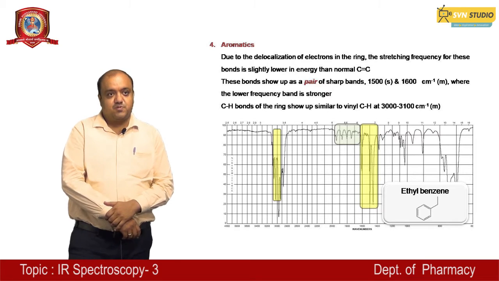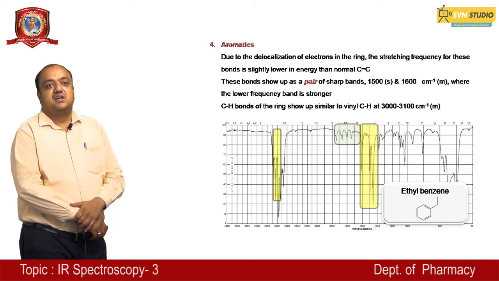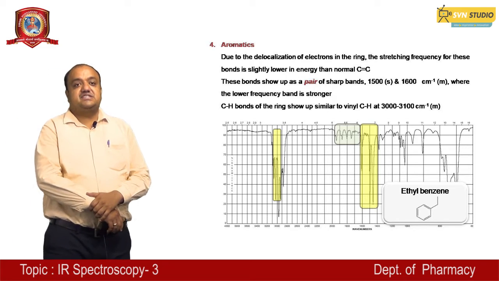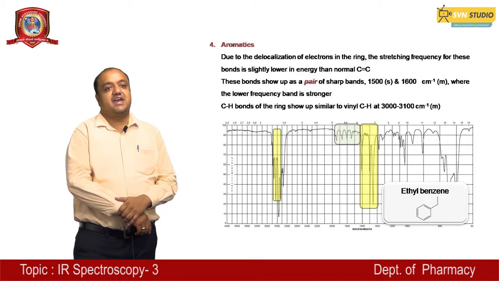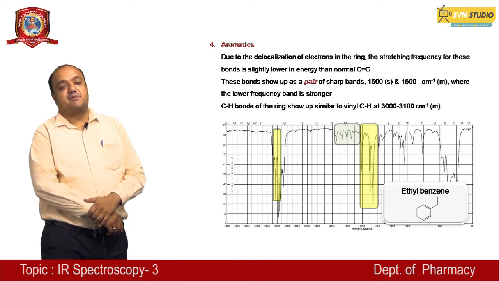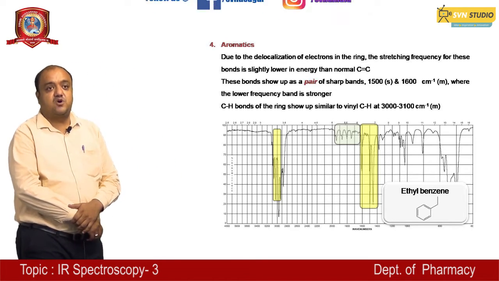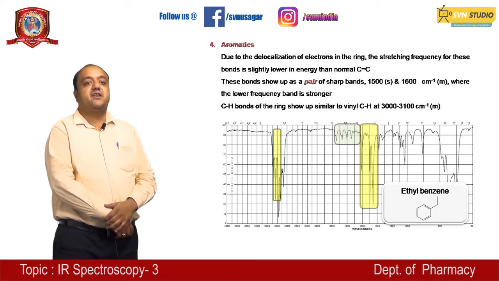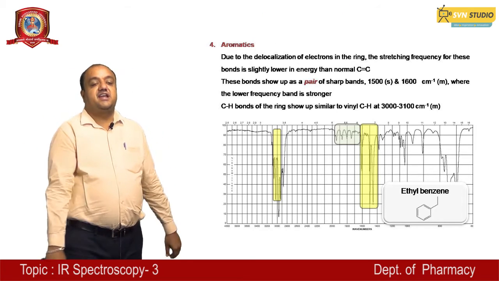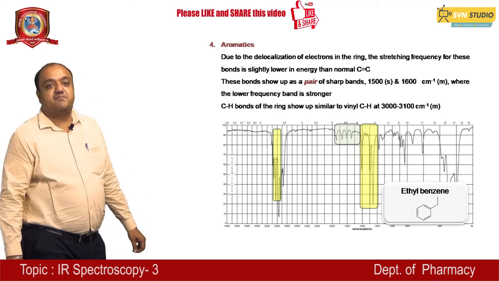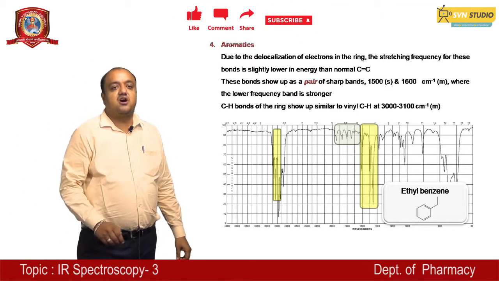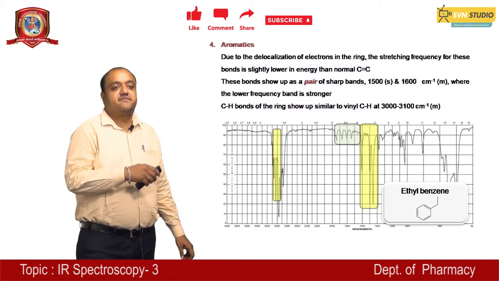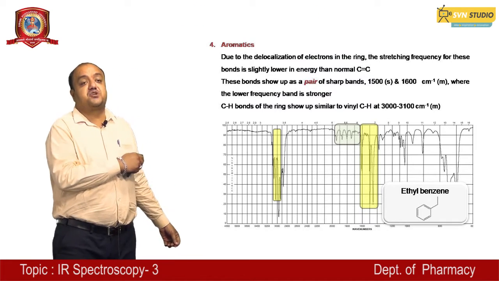Due to this property of benzene and its ring, the stretching frequencies for the bond are slightly lower in energy than a normal carbon-carbon double bond, and these bonds show up as a pair of sharp bands, which give 1500 and 1600 centimeter inverse in small and medium intensity peaks, where the lower frequency band is stronger,